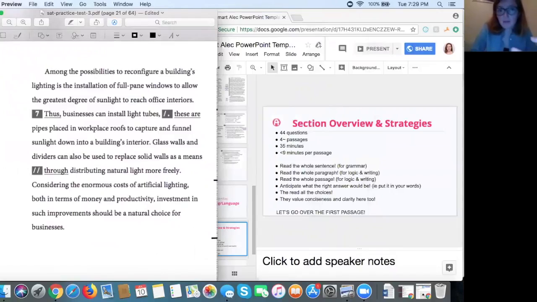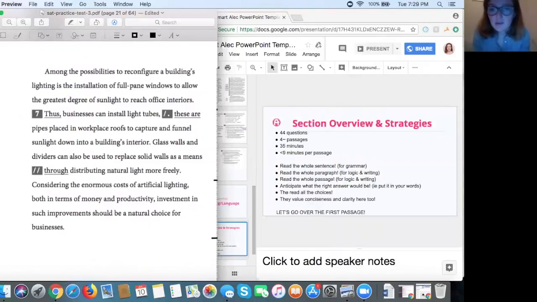It's a great option. You can envision how it works really clearly. And then businesses can install light tubes. I have to figure out what the relationship between that information is. Full pane windows, light tubes. If I think that hard enough to myself, I'll know that those are two different options that can achieve the same end. So if I'm going to try to replace thus with something,